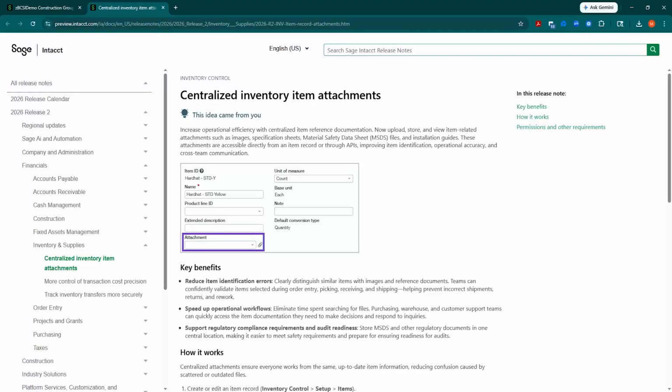This next release feature involves items, which can be used directly in order entry, inventory, and purchasing. You now have the ability to upload, store, and view attachments directly on the item record inside Intacct. These can include things like images, PDF files, installation guides, which seems simple, but is very beneficial for users that